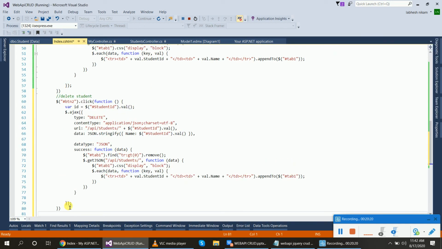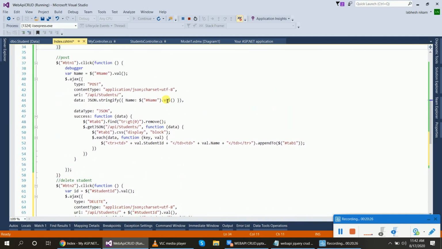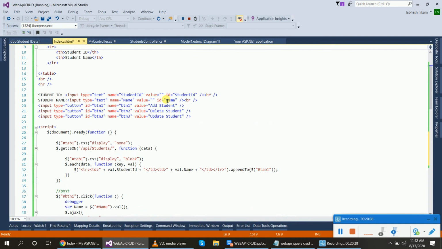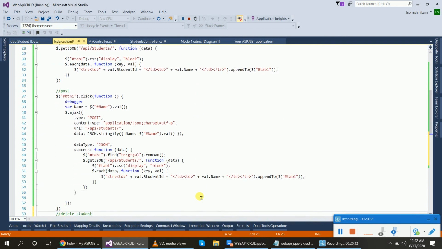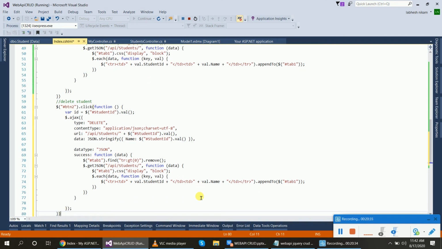Inside of the delete function, I have written a button ID. To delete the data, we have selected button 2, and using that button 2 we have written the code to delete the data.